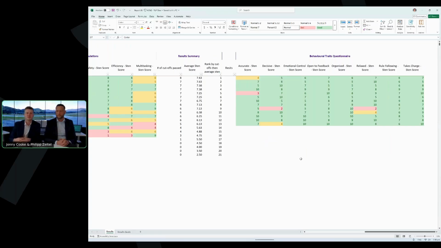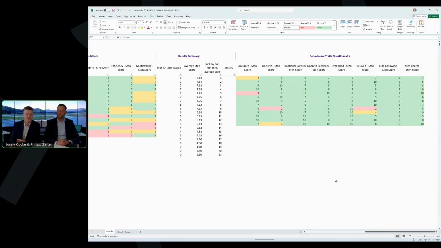Those technical tests are telling us, will you be a good air traffic controller? Those behavioural traits tests are telling us, can you be trained? Will you be a good employee? And so you might have a deficiency on this right side of the table that might not necessarily mean you will not get admitted. It will just inform the training plan.